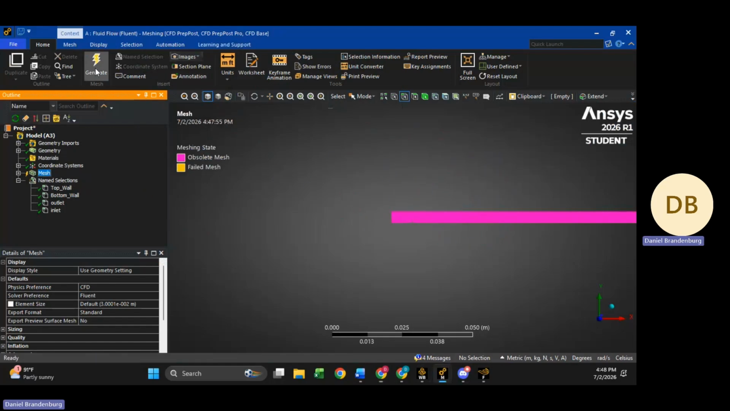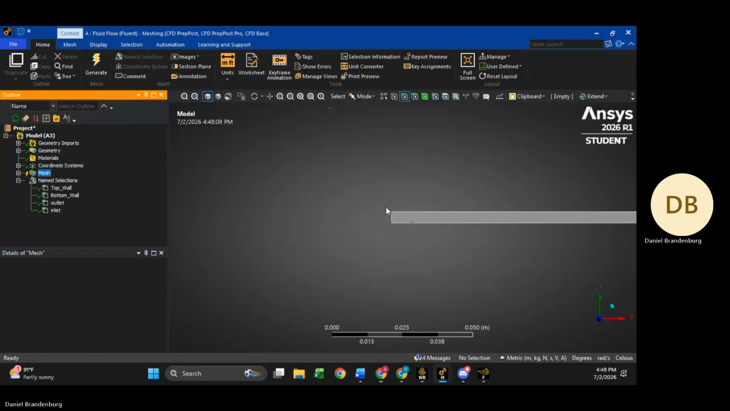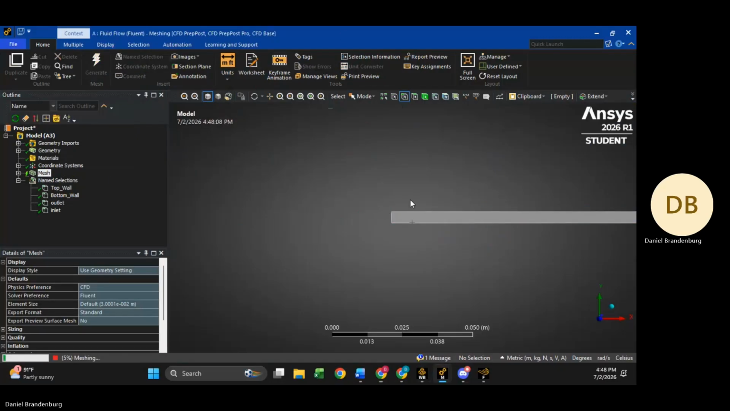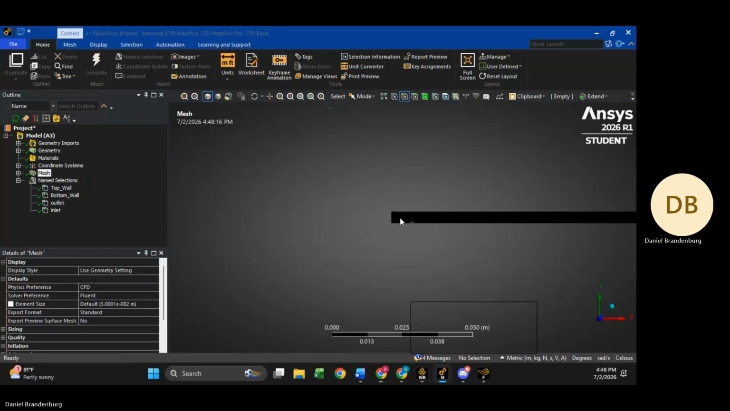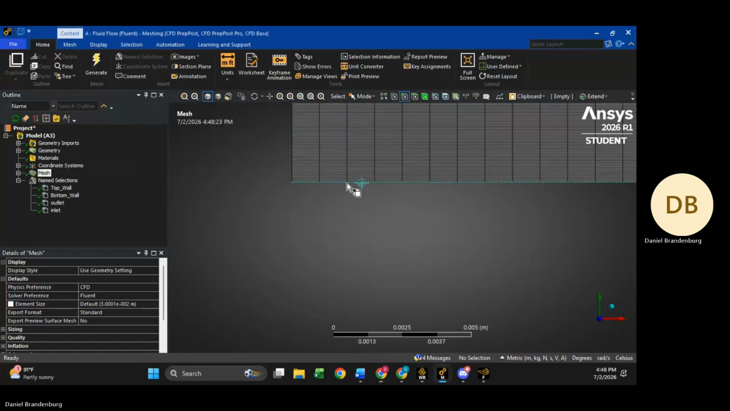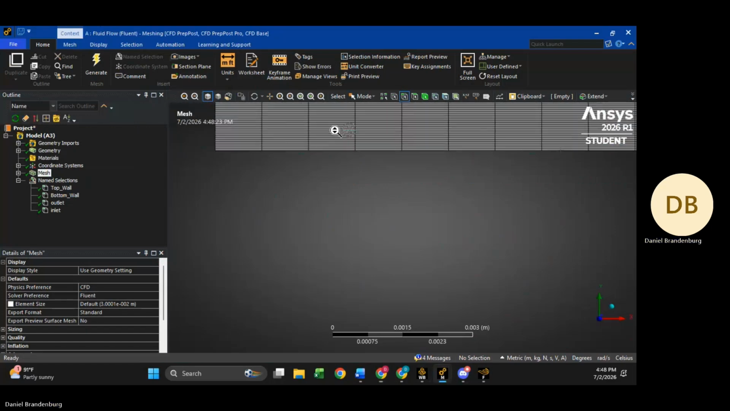And I need to update my mesh real quickly. Nope. There we go. And you can see here,